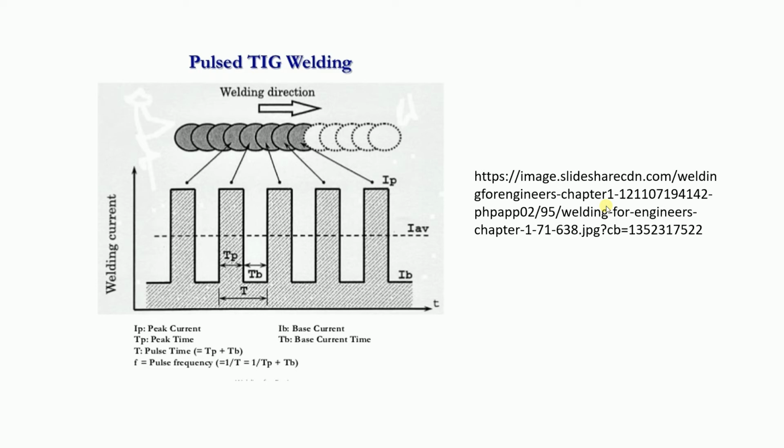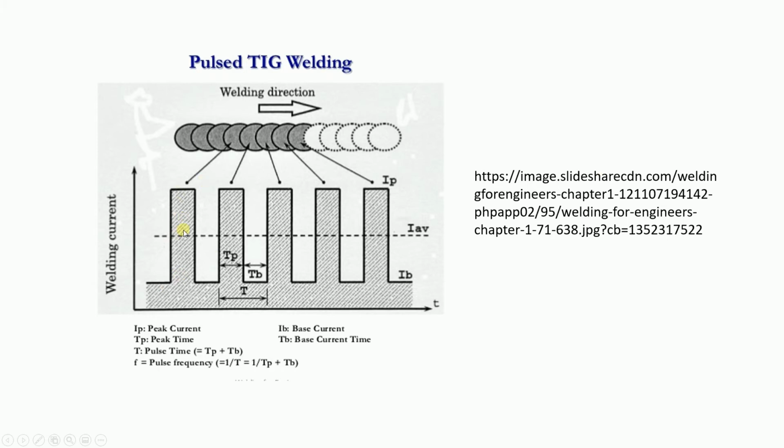And the next topic is pulse TIG welding. What are the TIGs we are pronouncing? That is conventional TIG welding or constant current TIG welding. Another modification is pulse TIG welding, because normally in TIG welding we have huge heat input. We need to control the heat input, but we need a good bead profile. For that we are using A-TIG. Now it's pulse TIG.